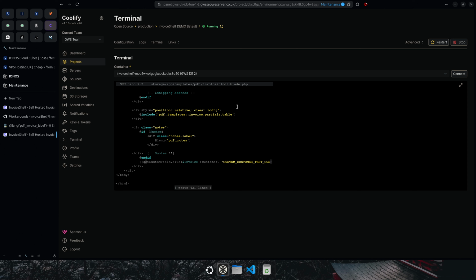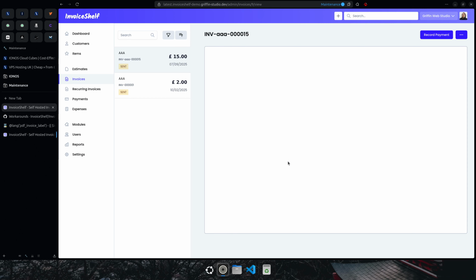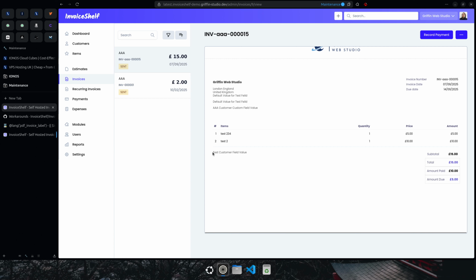Save. Let's refresh. And here you go, there is your test customer field. And this is how you add your fields. If you're ever unsure what models are available to you, what you can do